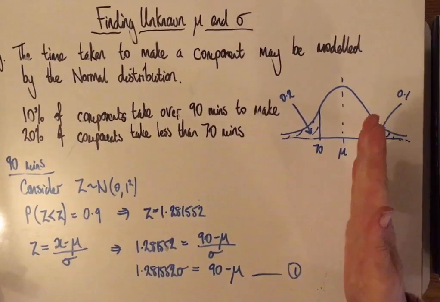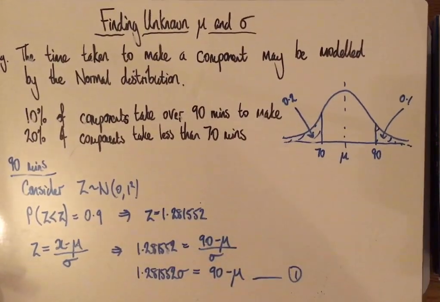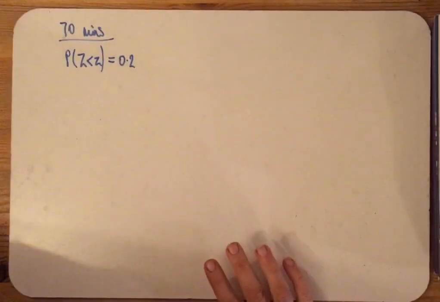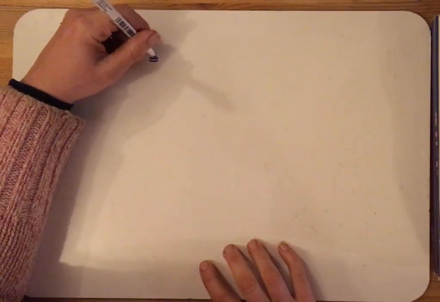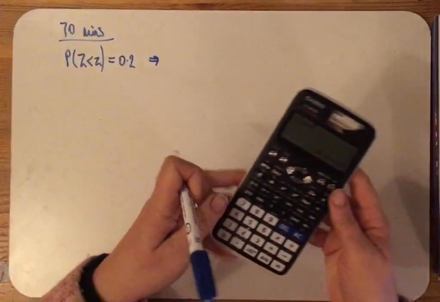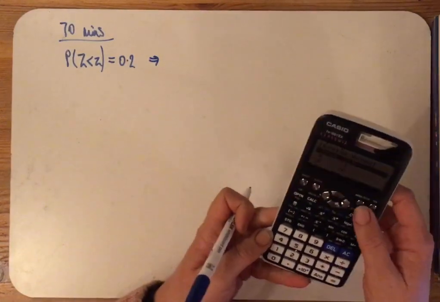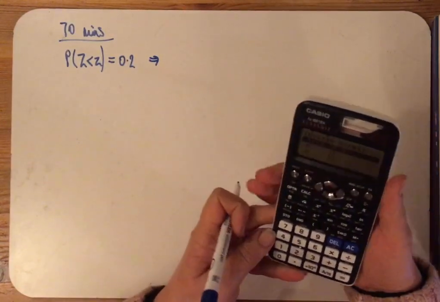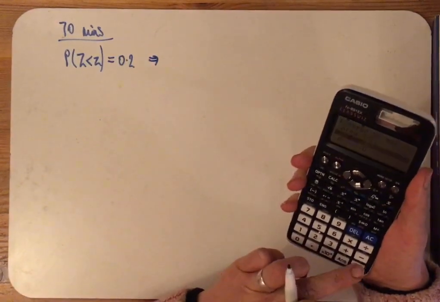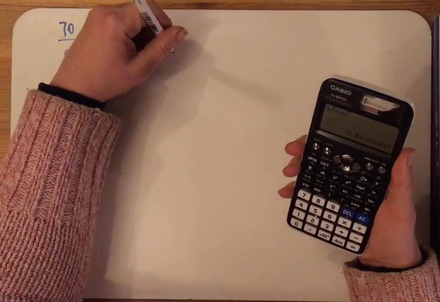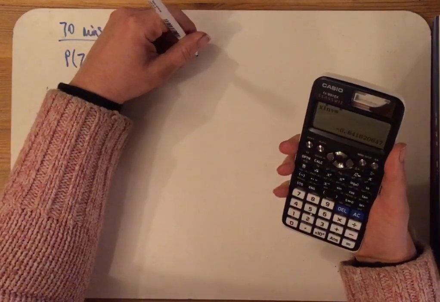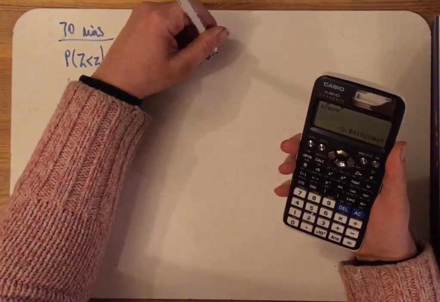If Z is negative, you're over on the left-hand side of your distribution. And again, that's just inverse normal on the calculator. So 0.2,